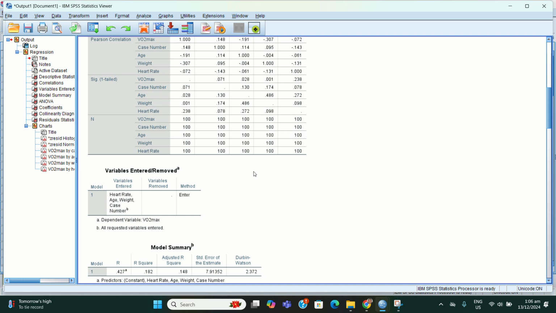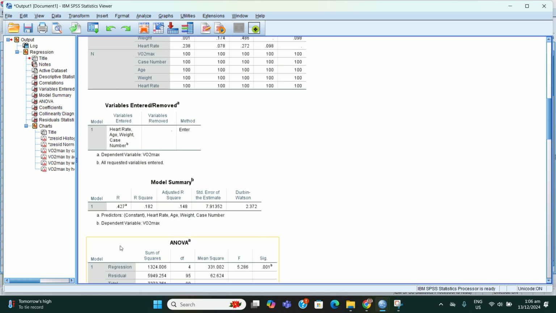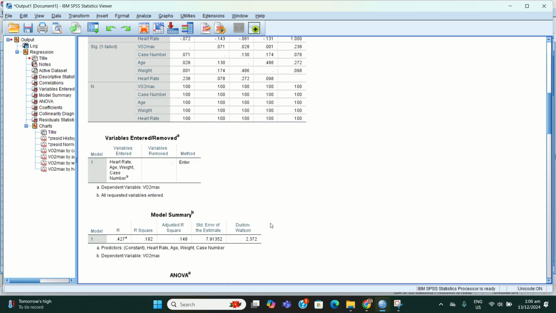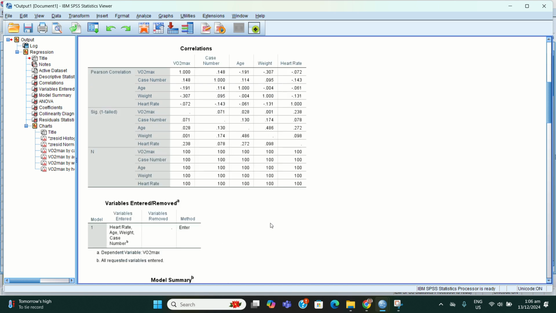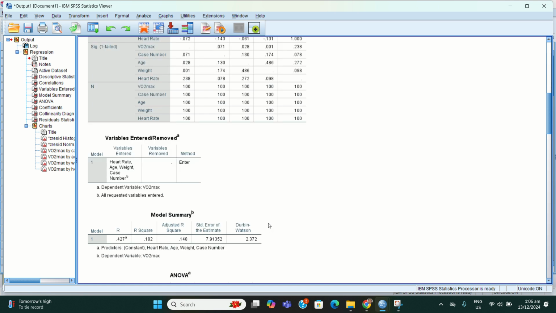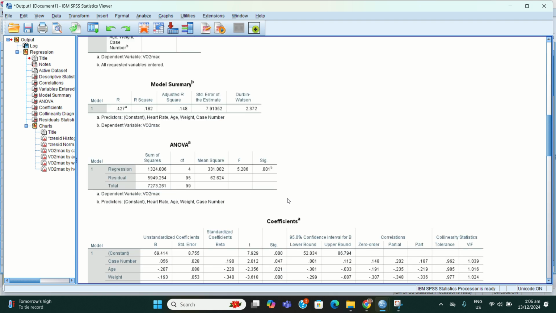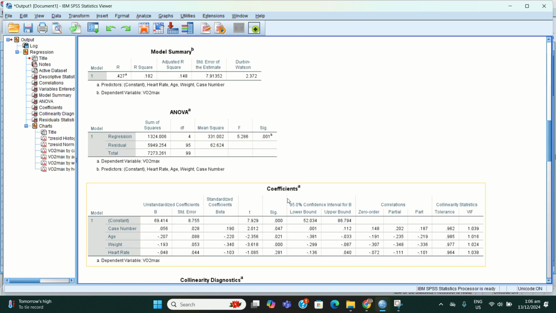Here, for the model summary, these are the correlation coefficient and the Durbin-Watson, and this is the coefficient.